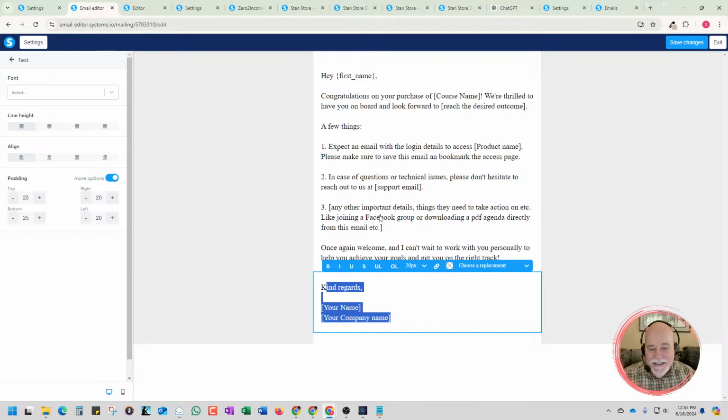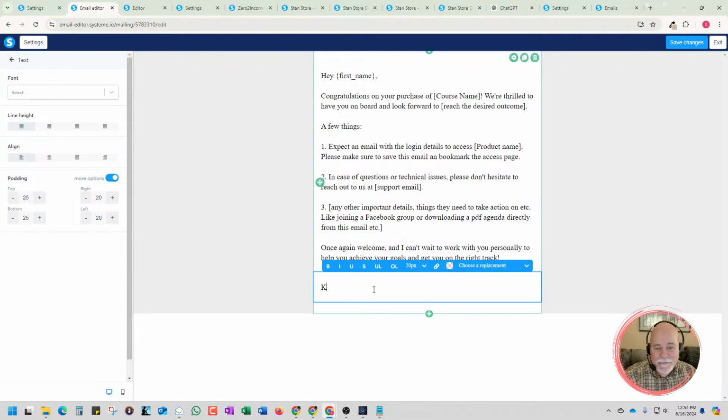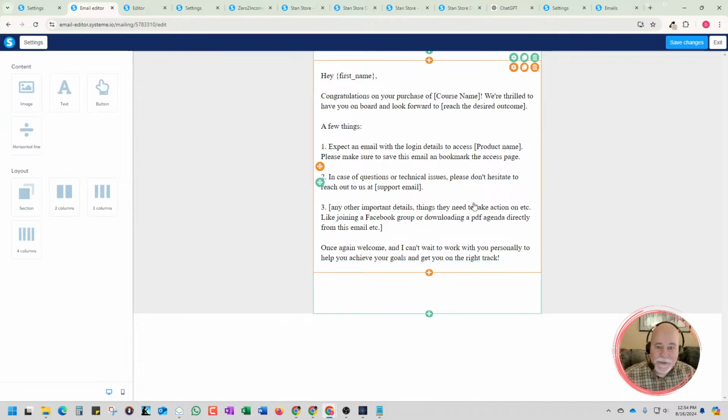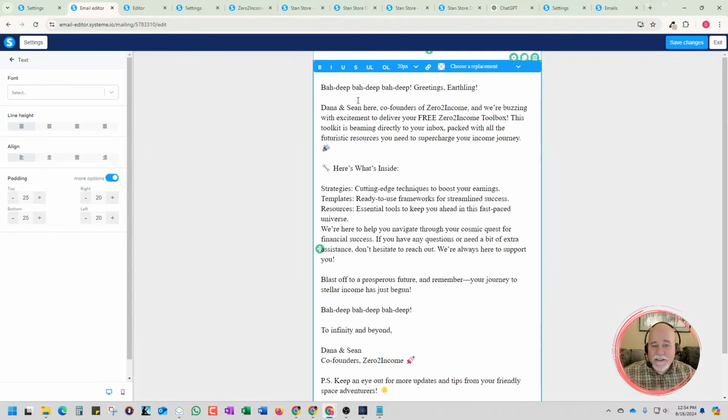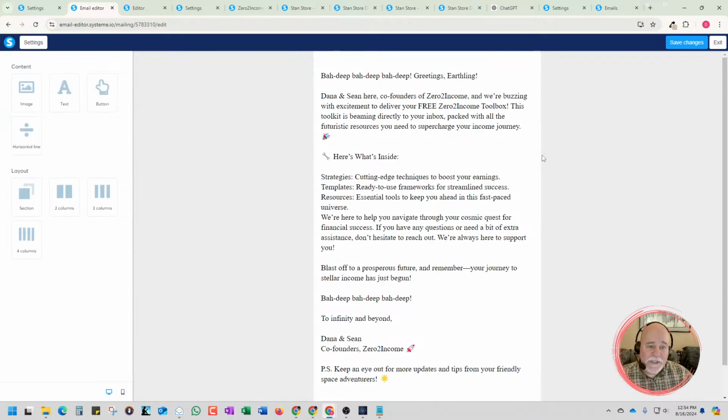That's interesting that it made different sections for all this. Come on. Backspace. Cool. All right. Now, the other thing that I want to show you while we're in here,